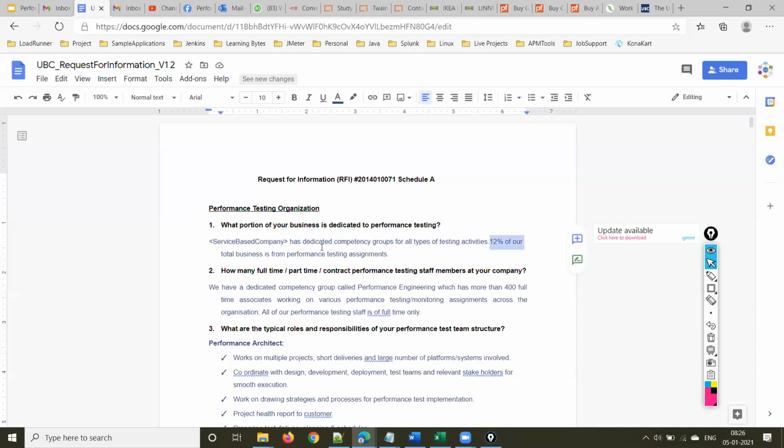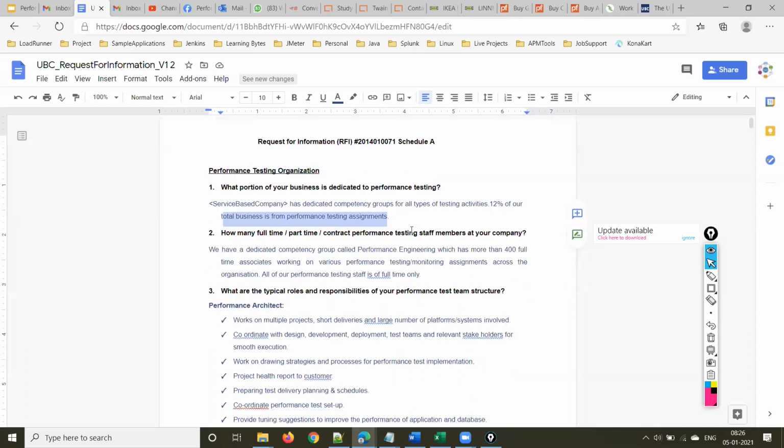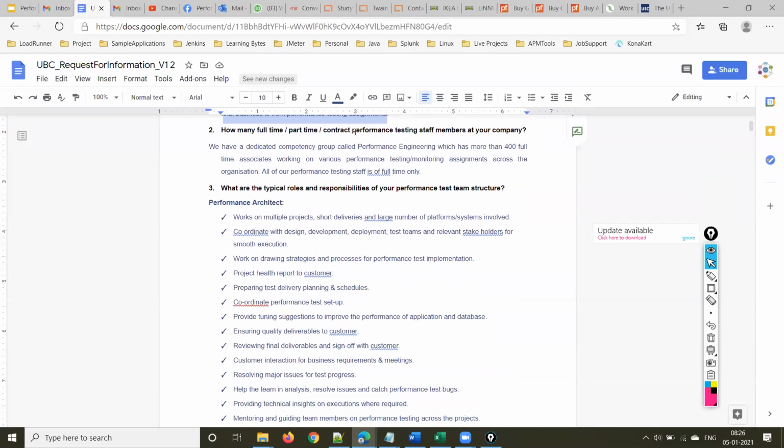That 12% of our total business is from performance testing assignments at that time. This is almost like in 2015, before 2015. And how many full-time, part-time, contract performance testing staff members are there at your company? Every service-based company, CTS or TCS or Tech Mahindra, will respond to this RFI, right?